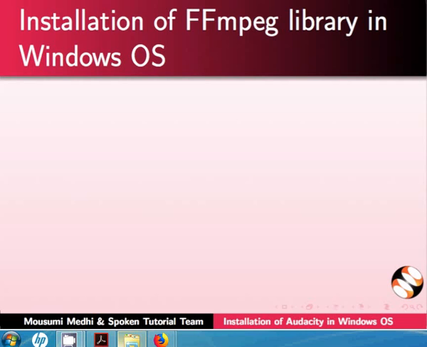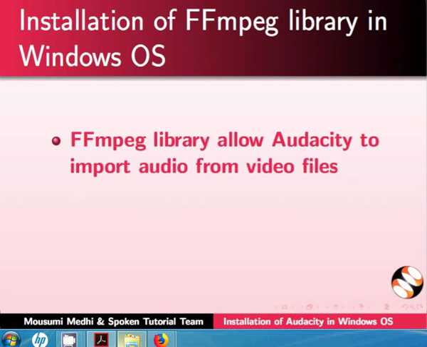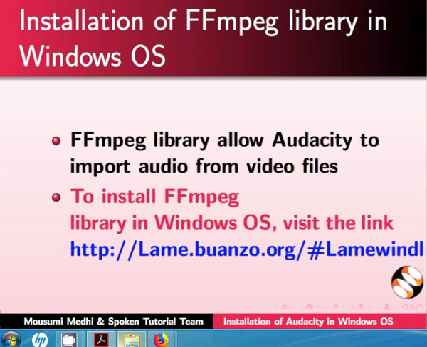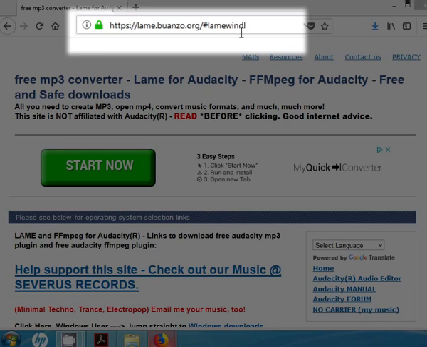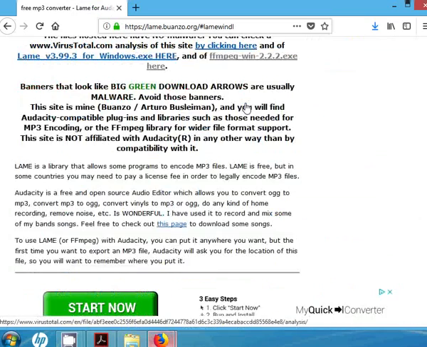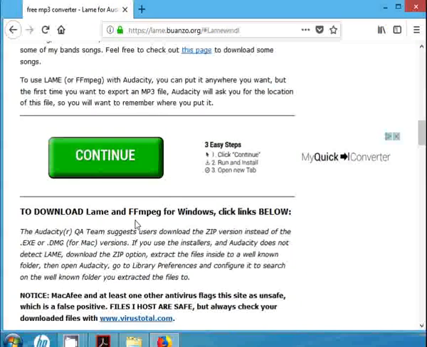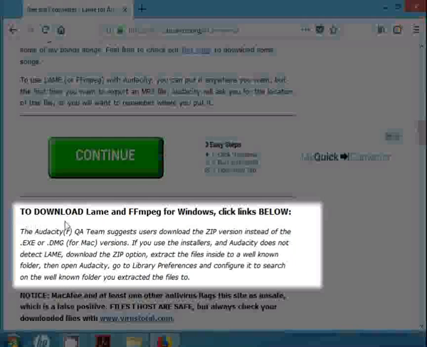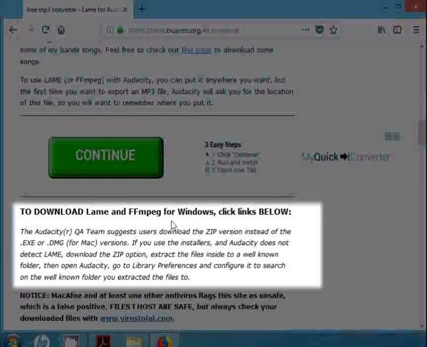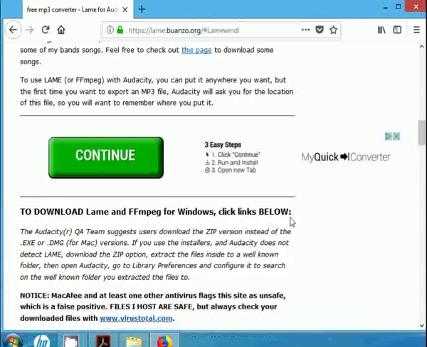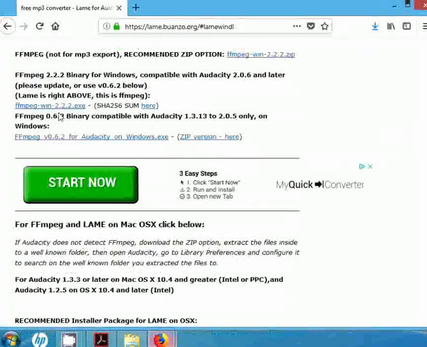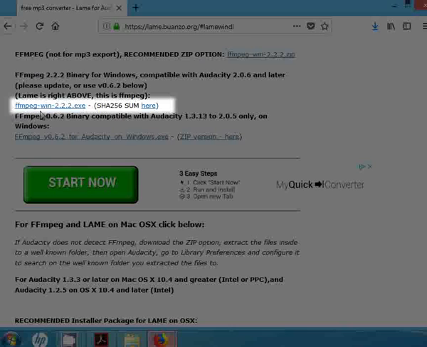Let's move on. FFmpeg libraries allow Audacity to import audio from video files. To install FFmpeg library in Windows OS, visit this link. Here is the web page. Scroll down a little bit. Locate Download LAME and FFmpeg for Windows, click links below. Directly below these, click the installer package